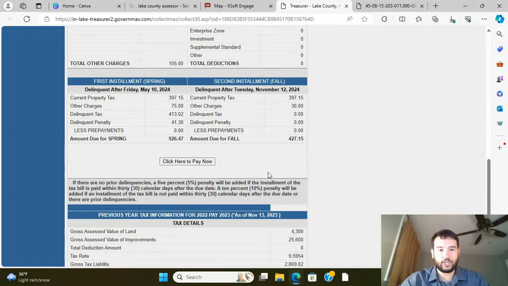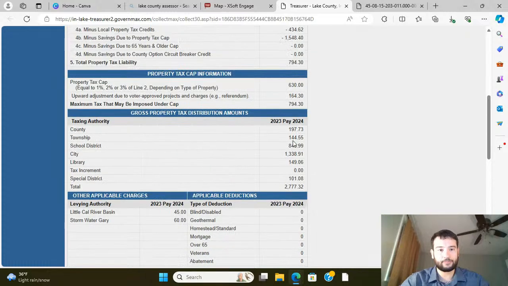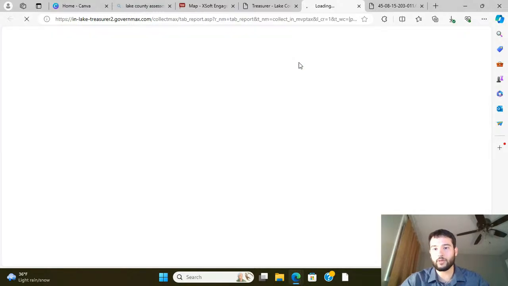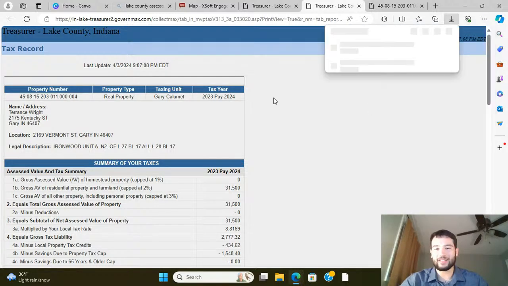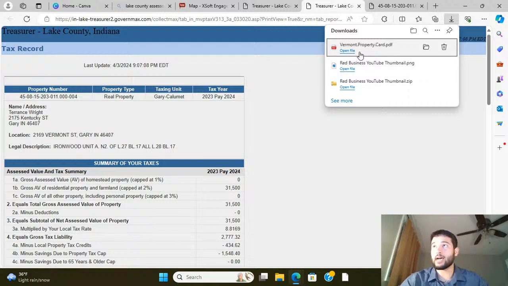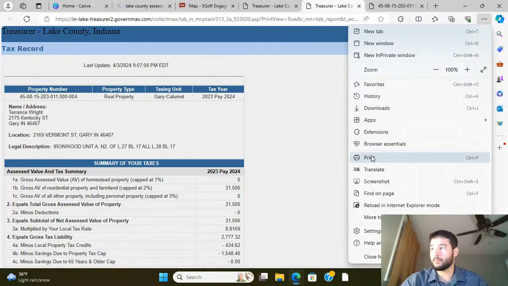All right, so we're checking this out. May 2024, we got owed taxes. This is all public record, by the way. So we know that taxes on average are like $800 a year on this property. That's the new taxes. He owes a little bit. What are we going to do? We're going to store the information. Google sees everything for real. Okay, so we got the property card. Where is our